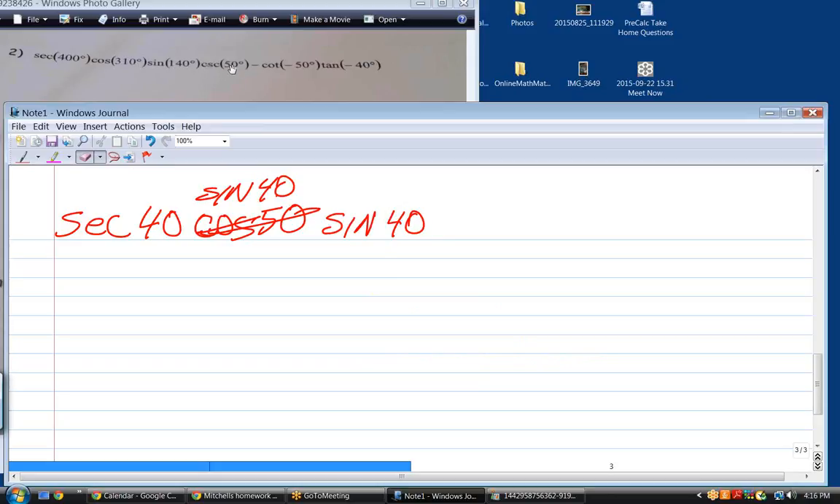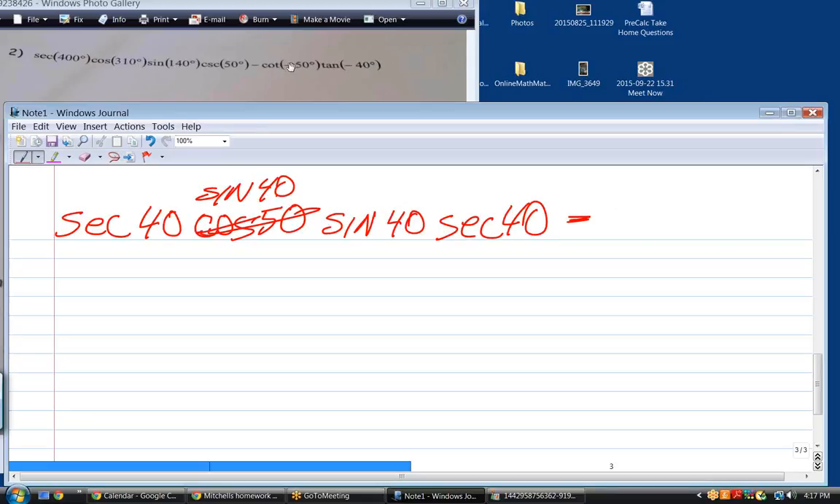What can I replace this with in order to change the angle to 40? It would be sine of 50, so cosine of 40. Hold on, we're talking about this part right here, right? Yeah. I want to change the 50 to a 40. Do I want to use the cofunction? Do I want to use the reciprocal? Cofunction. What's the cofunction of cosecant? Secant. So that's what it is, secant of 40. And then the rest of it,